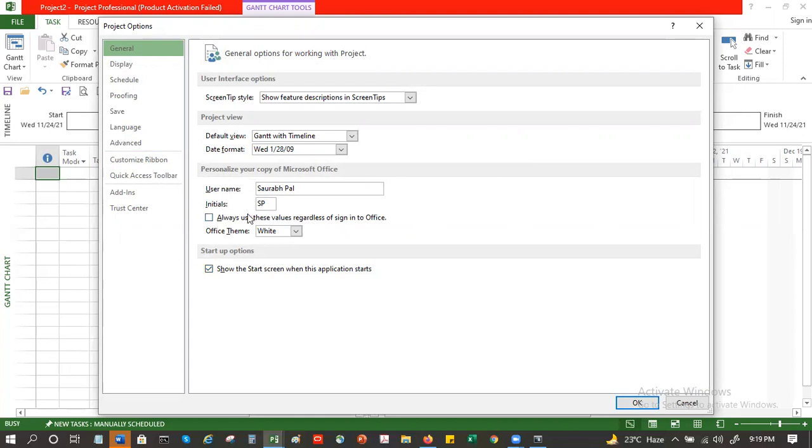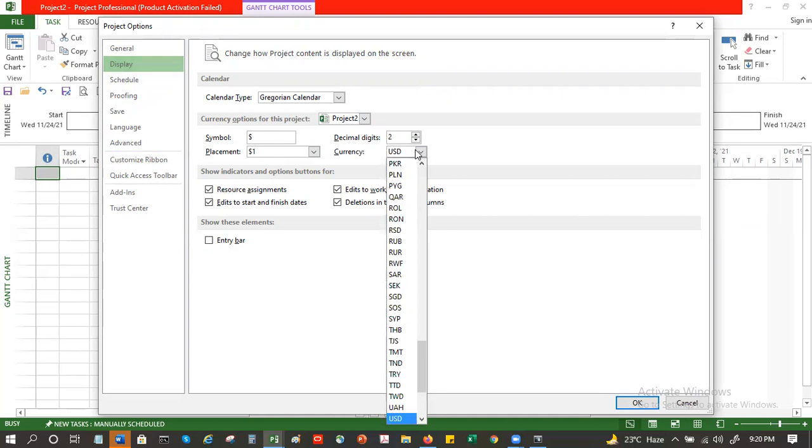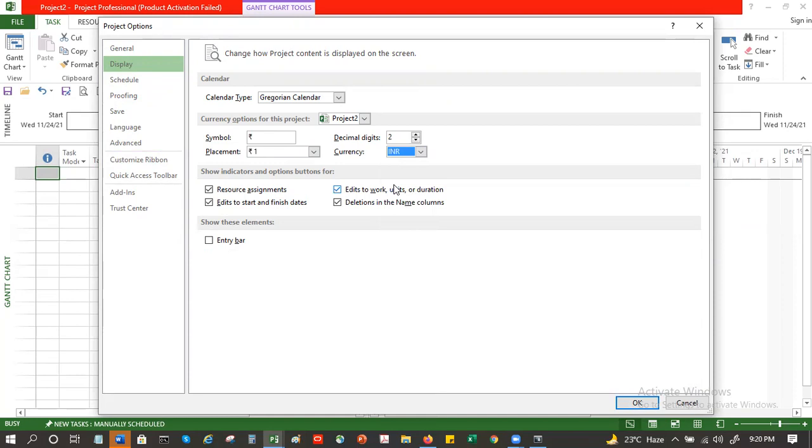So username and initials and things like that you can get here. You have the display. So in case you want to change the currency from USD to INR, choose INR, and the symbol changes to the rupee symbol.